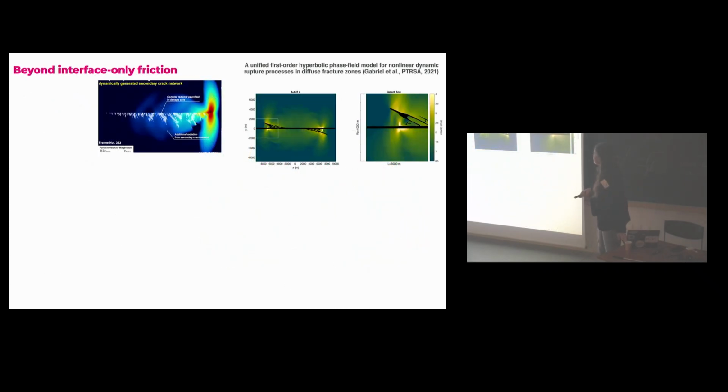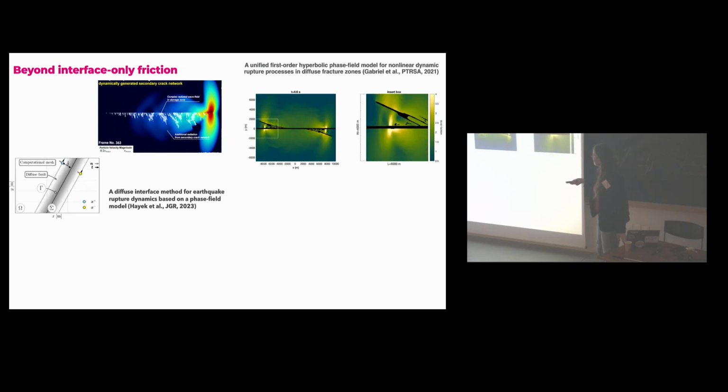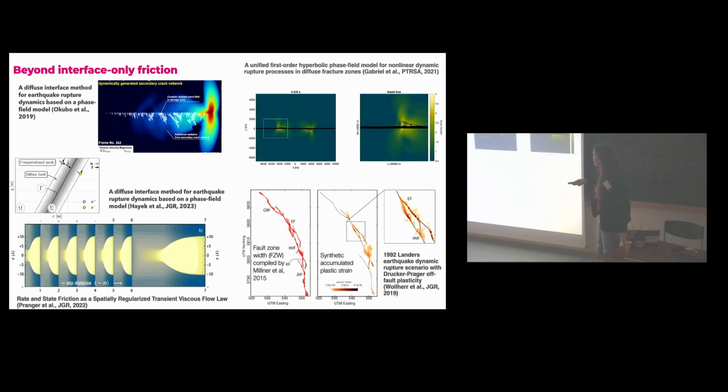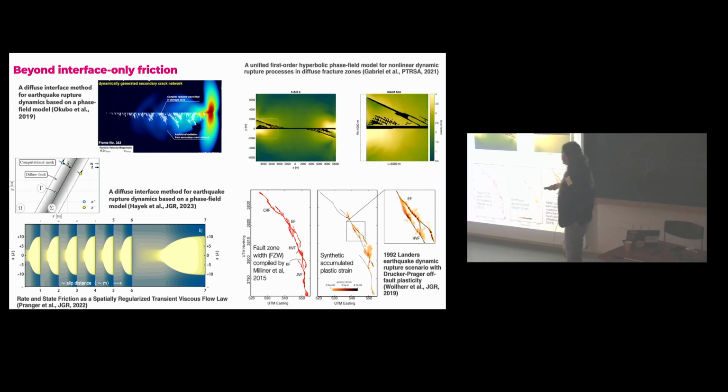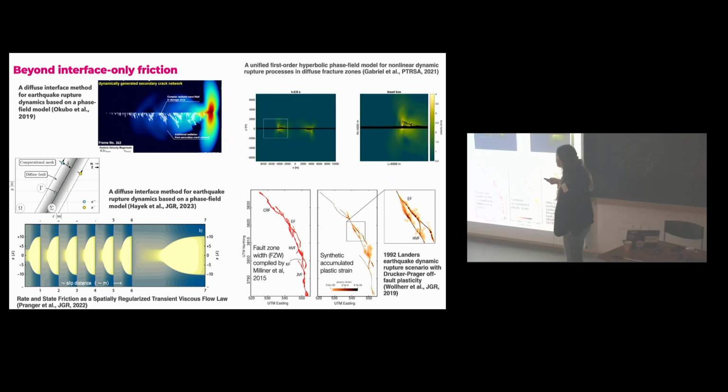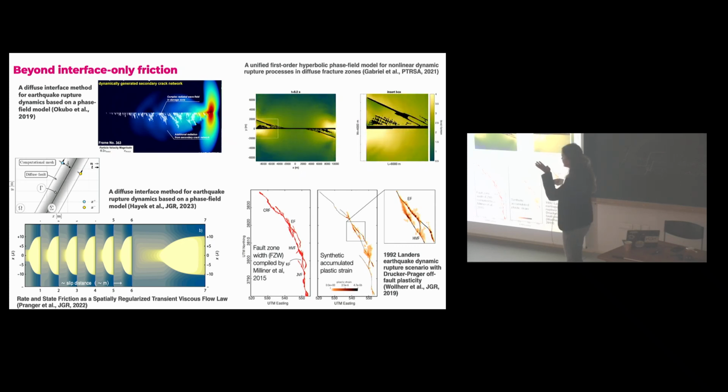Last introductory slide here. You've seen some examples that these kinds of simulations can go beyond interface-only friction. The community has been very interested in including more interesting and physics-based off-fault interaction of these propagating ruptures on faults. I just built up this slide. There's been really a variety of rheologies that have been used. So this is work by Kurama that he introduced already, where you have explicit fractures that resemble microcracks, ring cracks, and these are modeled by allowing a mesh and the interface of that mesh to spontaneously break.